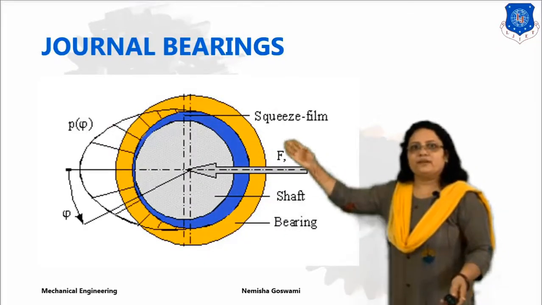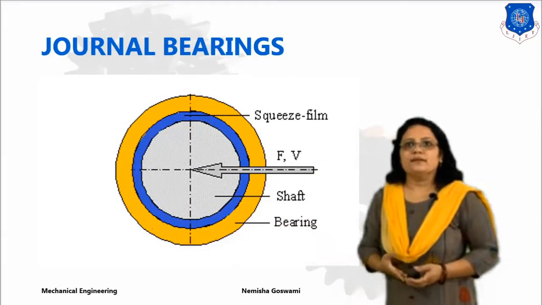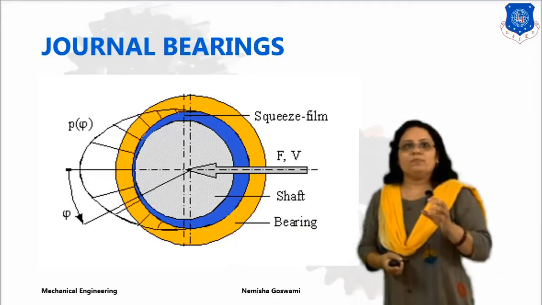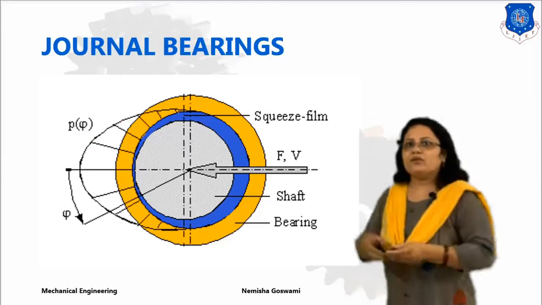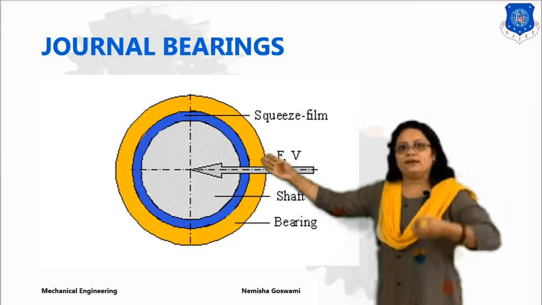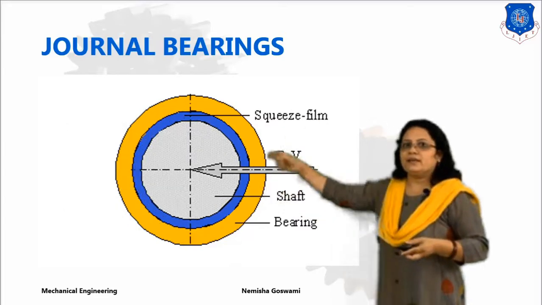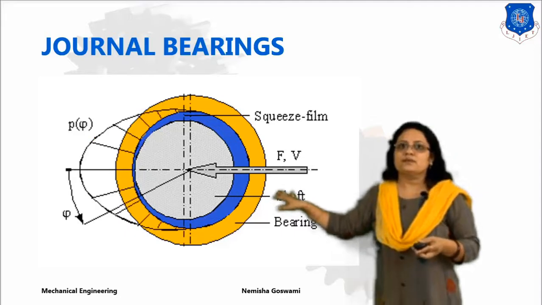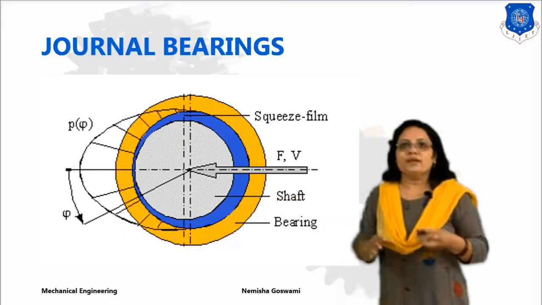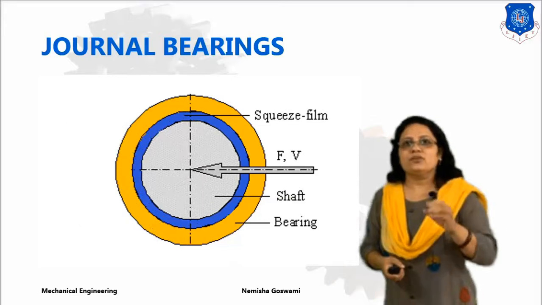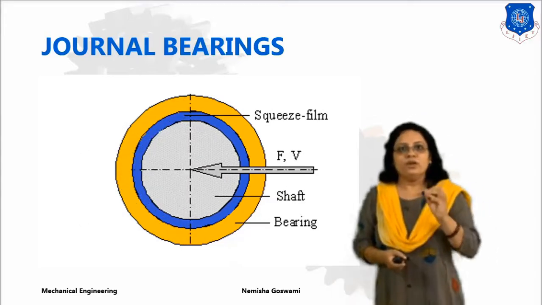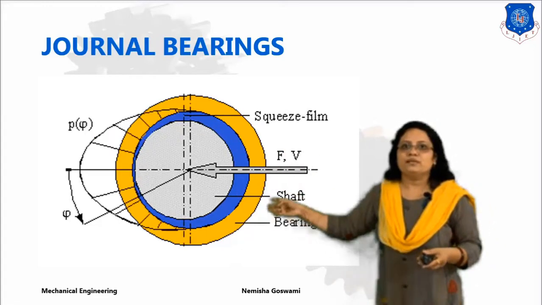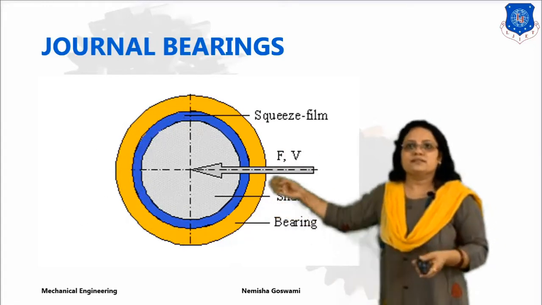Next is your journal bearing. What is a journal bearing? It comes under sliding contact bearings. Whatever part of the shaft is inside the bearing, you can see here this outer portion indicated by the yellow line is the bearing, which is generally used for the supporting action. That part of the shaft inside the bearing is known as the journal bearing. In your syllabus there is a design of journal bearing.